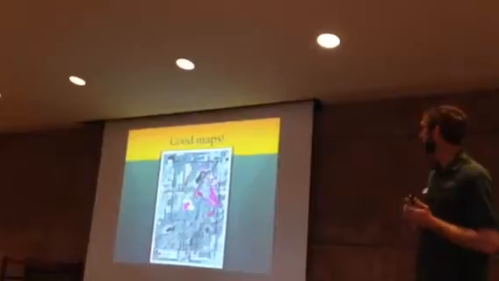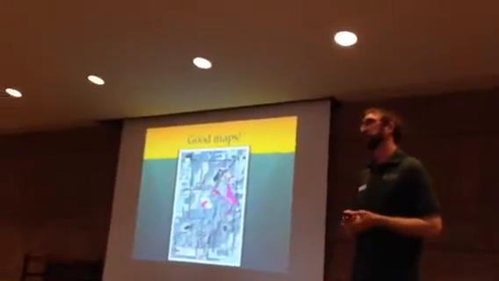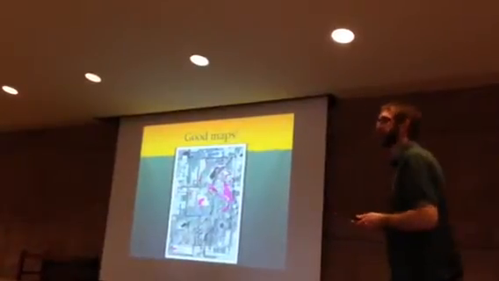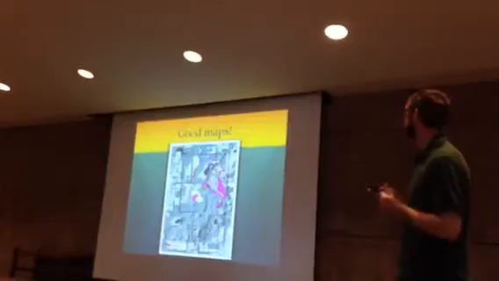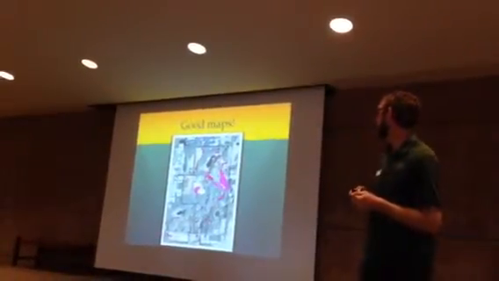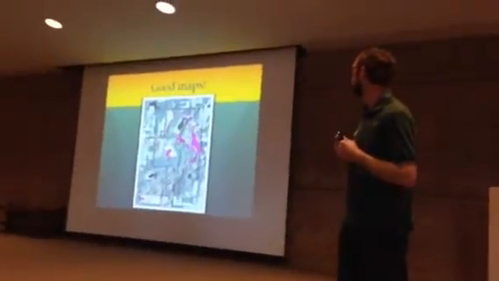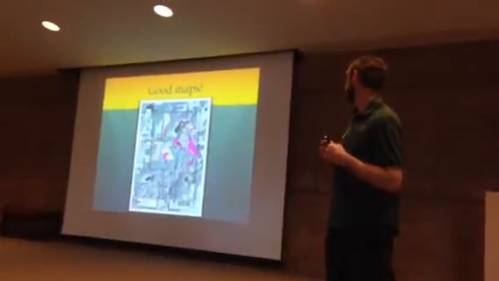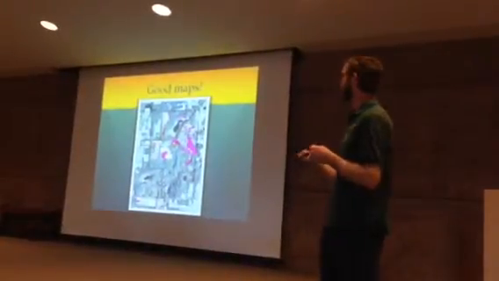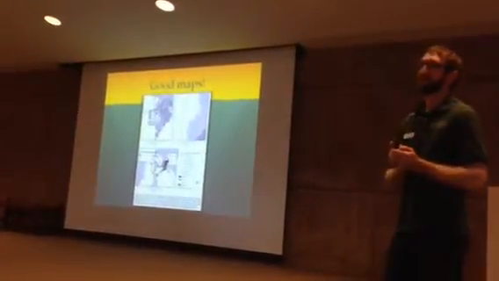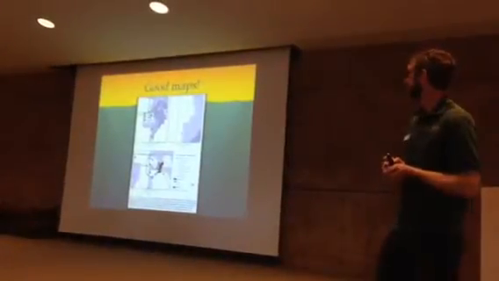This is another one that was a pretty good map that was produced last year by a team that was looking into purple loosestrife. So they have individuals and areas where purple loosestrife was on the property. You can see where the property line was, everything else is very clear. Another good example. And then this is my final example of a really good map that was made for Brad